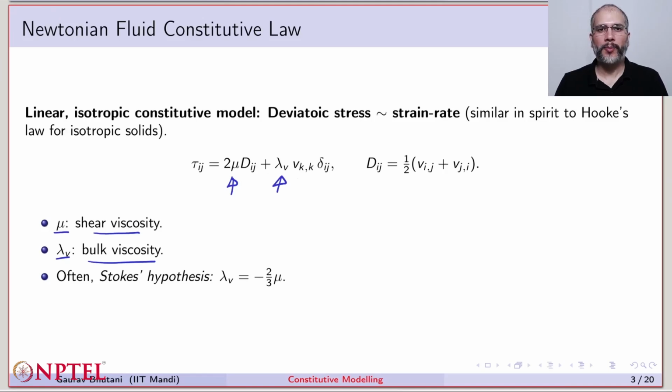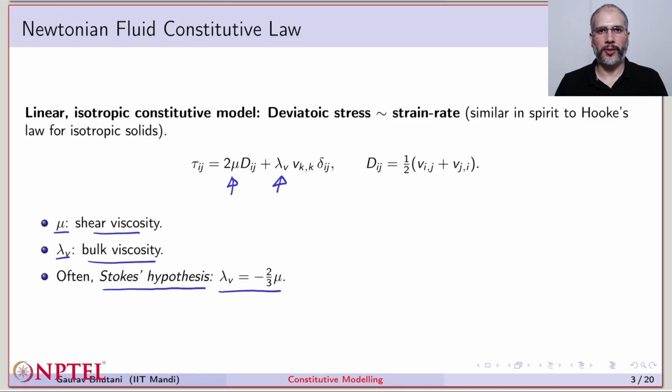Now for most practical situations working with fluids, the Stokes hypothesis is valid, and we'll discuss this in detail next week when we talk about fluids in detail. Then the bulk viscosity is given as minus 2/3 of the dynamic viscosity mu. So in that case, we are left with only one viscosity coefficient,